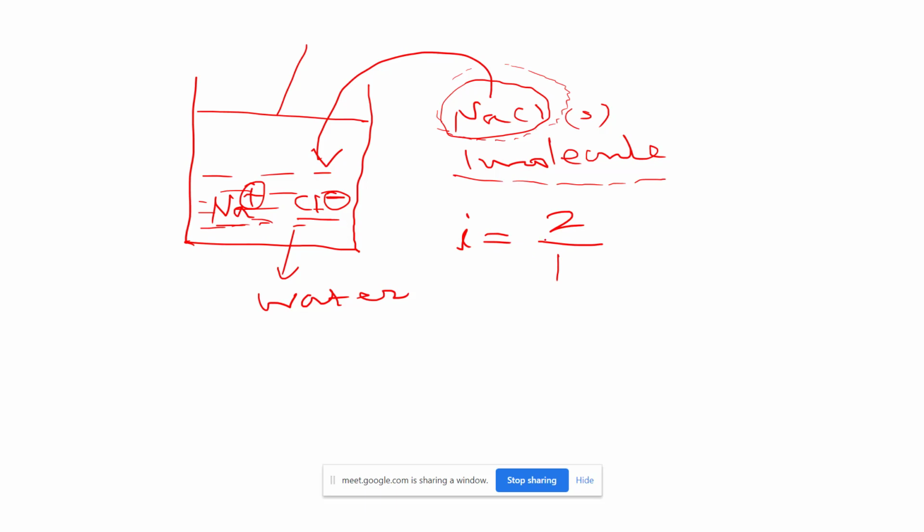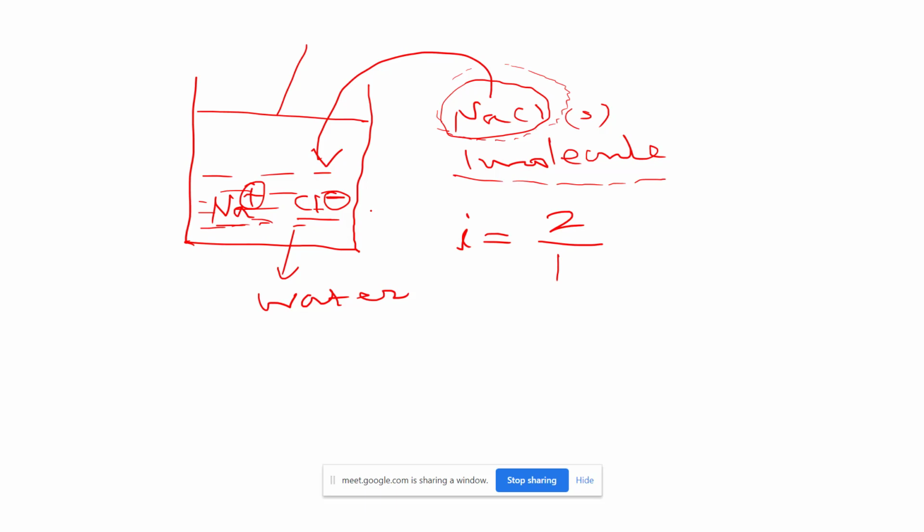Okay, yes sir. So this is actually the Van't Hoff factor we are taking here. Sir, will they give the mass of these Na+ and Cl- cations and anions observed? Actually, mass: if we add 1 gram of NaCl, whether it dissociates or associates, after all, the total mass will always be equal to 1 gram for the solute. But yes, the moles or number of particles observed and theoretically added may be different. But mass will never change.